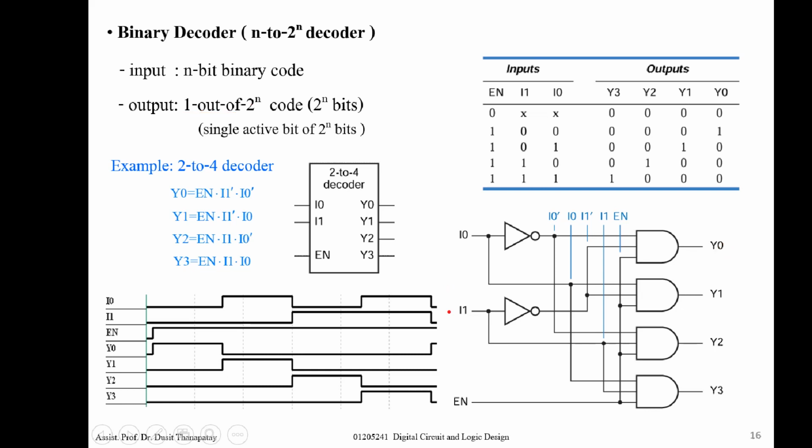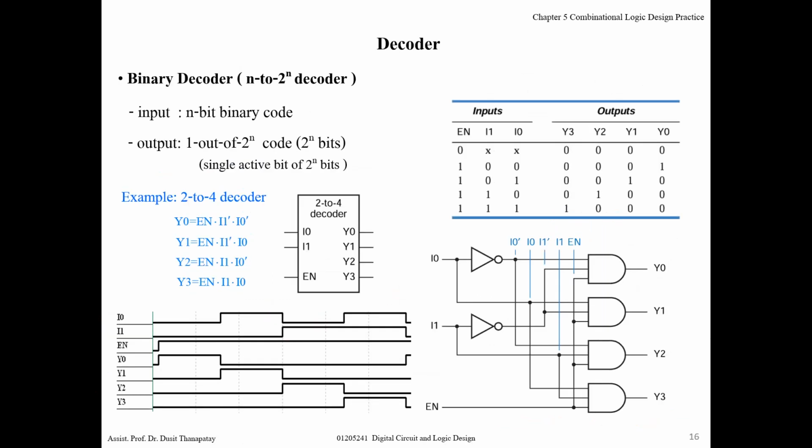So when you get the circuit, after you implement it, you may apply some values. Normally we apply all possible values to check the output. In this case, I apply 0 at enable here, and then when enable is 1, I just apply 0, 0 here, and then 0, 1 here, 1, 0 here, and then 1, 1. To show some example.